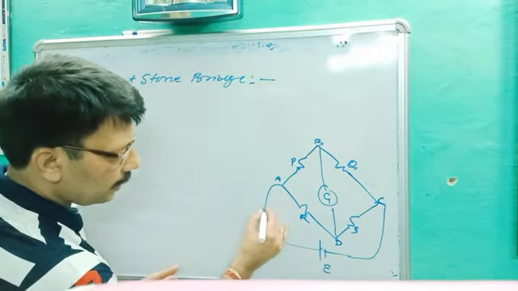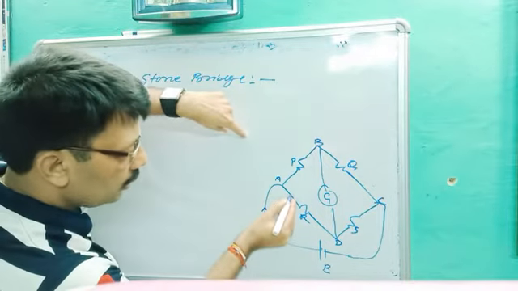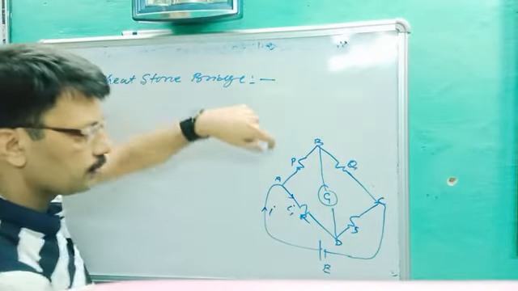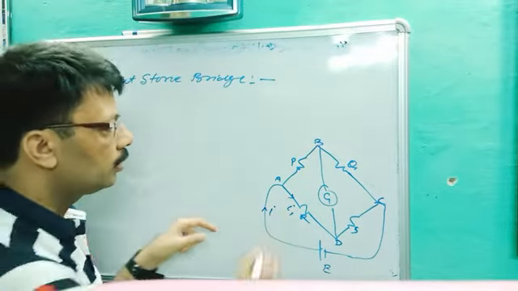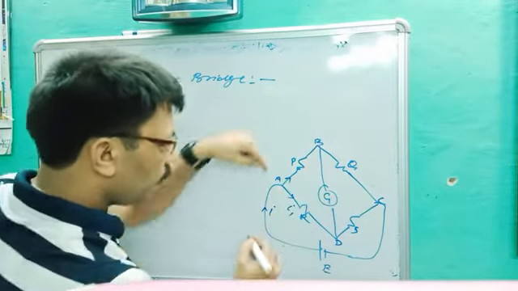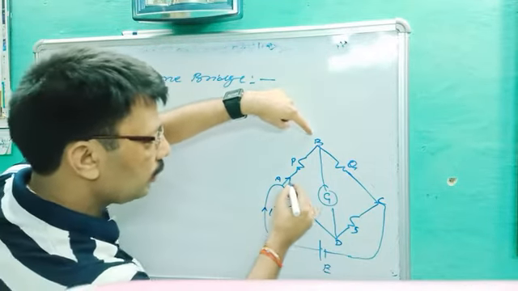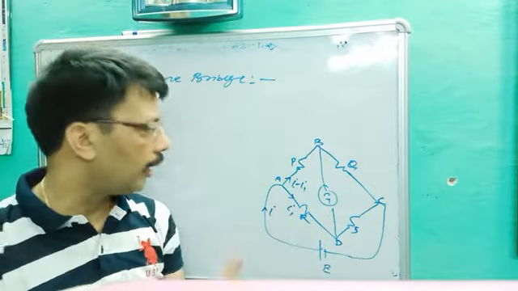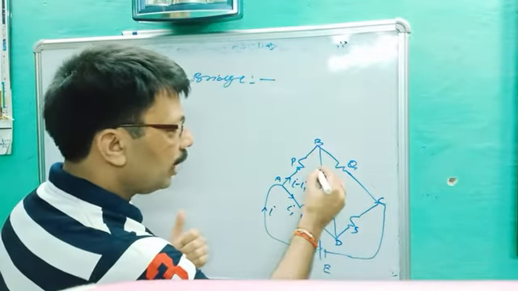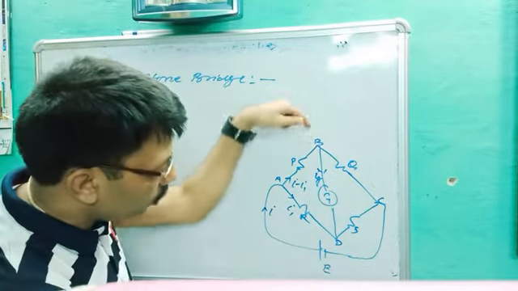When current is drawn, first the current I flows from positive to negative. Let's suppose this current is I1 according to Kirchhoff's law. Total current is I, and that current is I1. So the current through the AB branch will be I, the total current. I1 moves that way, so it will be I minus I1. Are you getting the point? I minus I1. Let's for a little moment say IG is the current drawn through the galvanometer.